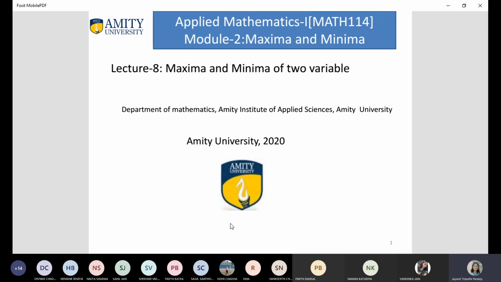Then there was second derivative test, where you put first derivative as 0 and then find the points which satisfy f dash x equals 0, and then you were calculating second derivative. If second derivative was positive, then it was minima, and if second derivative was negative, it was maxima. That was the general rule. And if it was equal to 0, then that was point of inflection. Then you were trying odd derivatives and even derivatives and checking which one gives a non-zero value, right? So that was the case when you had just one variable, or y is equal to f(x) type of situation.